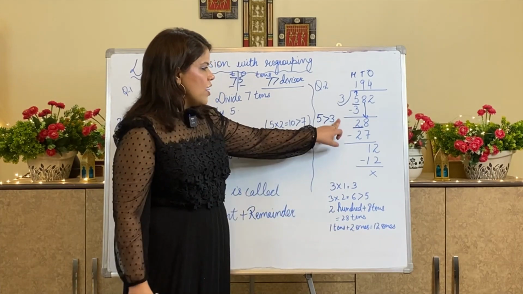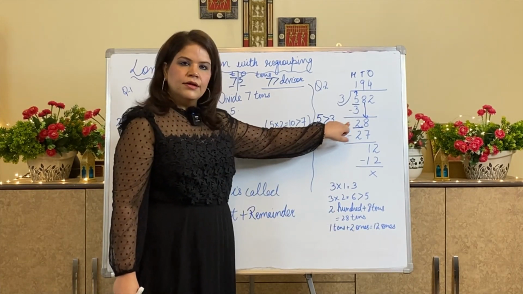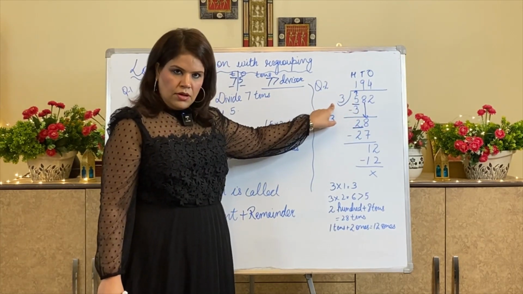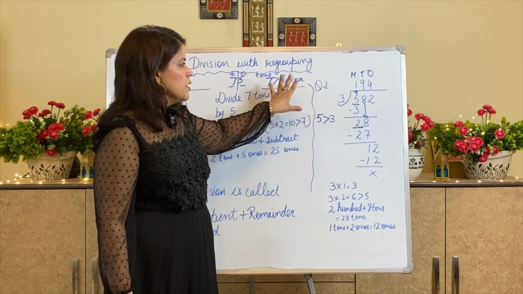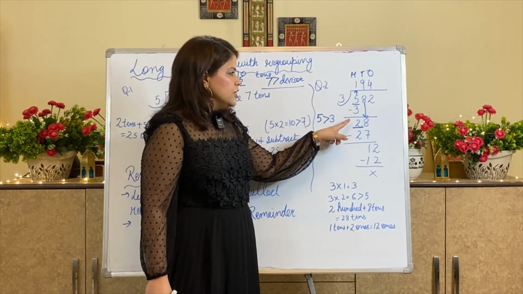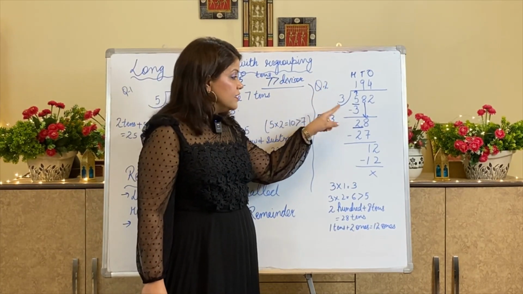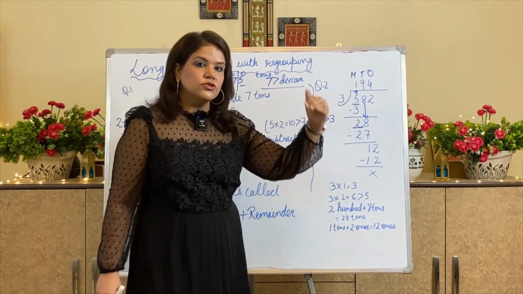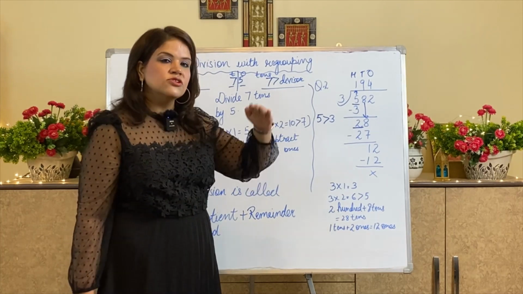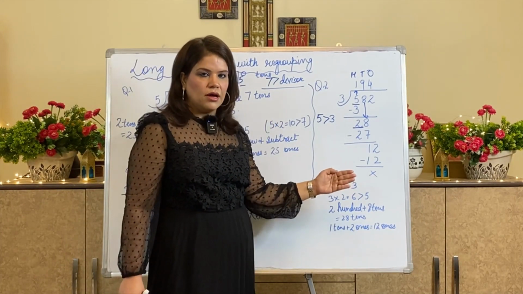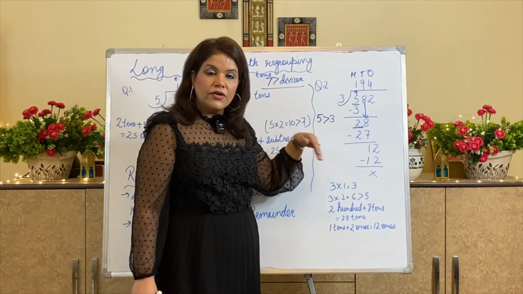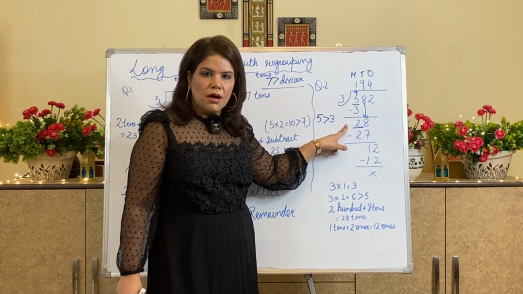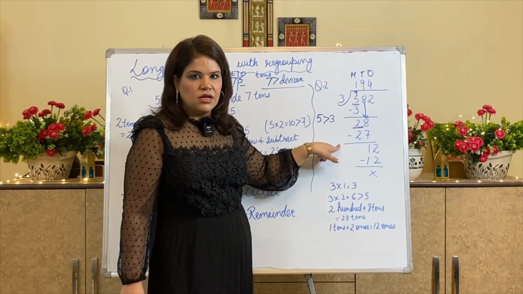So now I have got 28 here, and this has become my new number to be checked by the divisor. Understood? So I will see by which number I should multiply 3 so that it is just below this 28. We need to take a number lesser than this so that we can subtract from it. If I take a greater number, I can't subtract it. And so I have to choose a number which is just below this number.